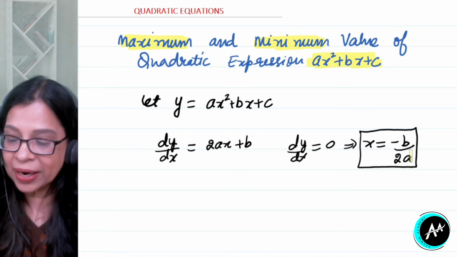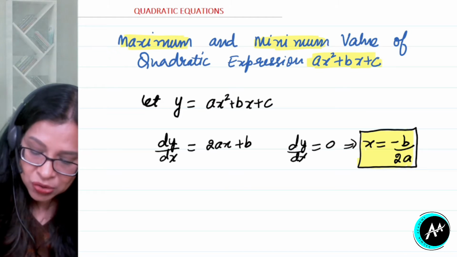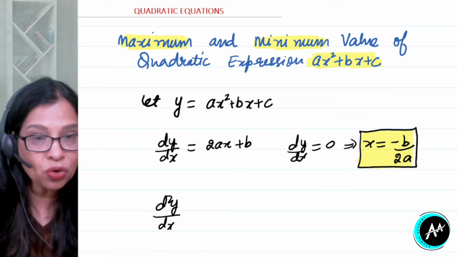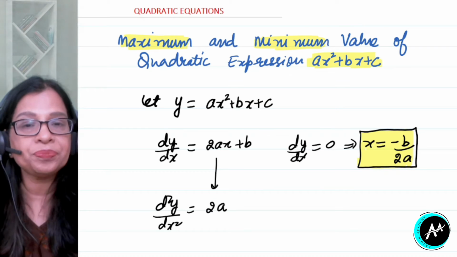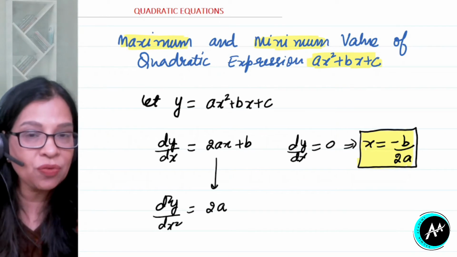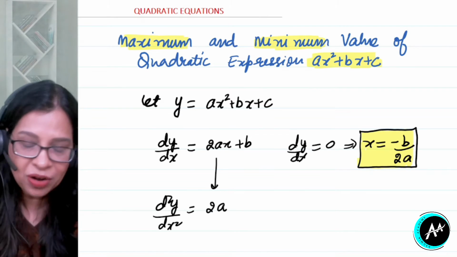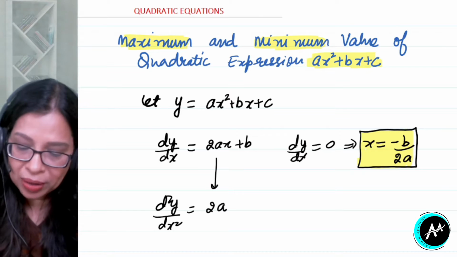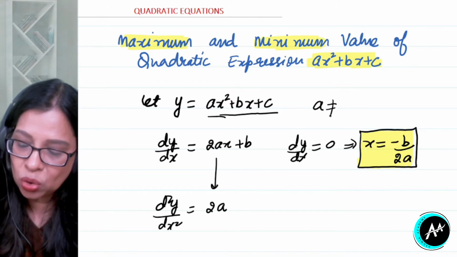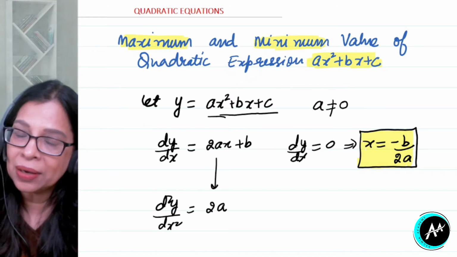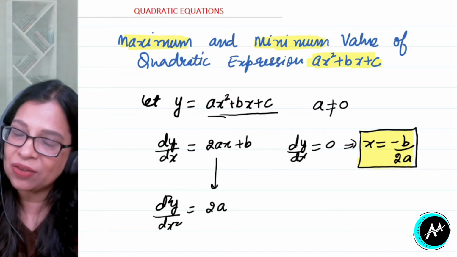Now we have to check whether it is a point of maxima or minima. Now for that let us find the second derivative. So you can see the second derivative d2y by dx square. What will be the derivative from here? It will be equal to 2a. Now we have to see whether it is positive or negative. You know that the second derivative will be positive if a is positive and it will be negative if a is negative. Also one more thing, when we say this is a quadratic function, we know that a is not going to be 0, otherwise it will become linear. So that means there are only two possibilities, either a will be positive or a will be negative.